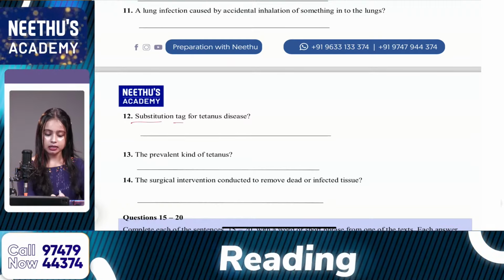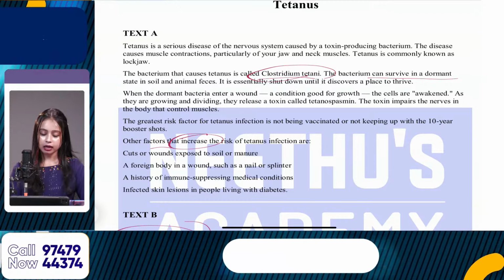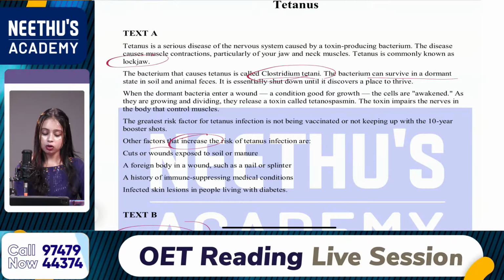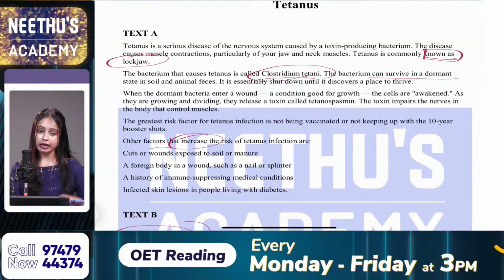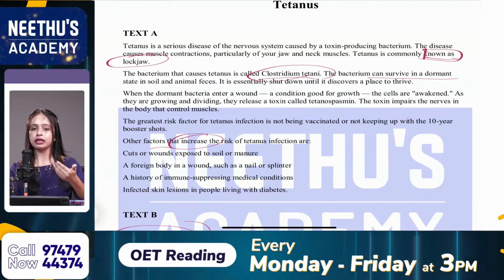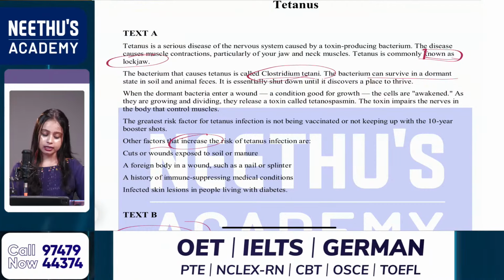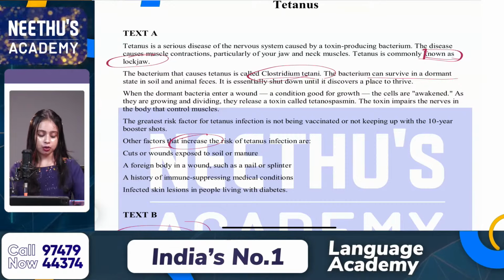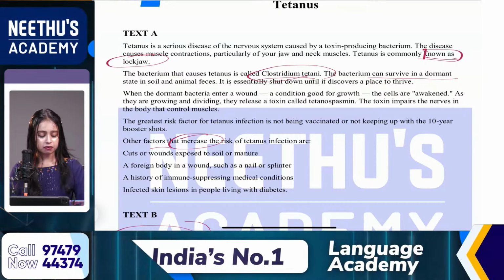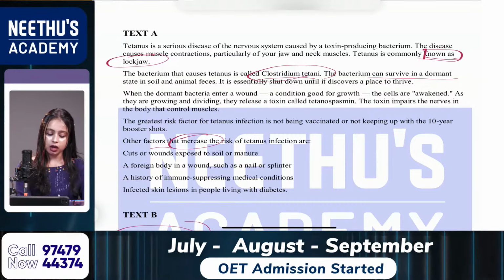Okay, so that is from text A and the answer should be lockjaw. Tetanus is commonly known as, so another alternative name or substitutional name for this particular disease condition, which is lockjaw. Okay, the answer is lockjaw. Okay, Adira, substitution and tag, tetanus. Very good. Those are your keywords. Okay, Tintu, Gina. Okay, Divya. So the answer is lockjaw. Very good. Okay, now we are moving to